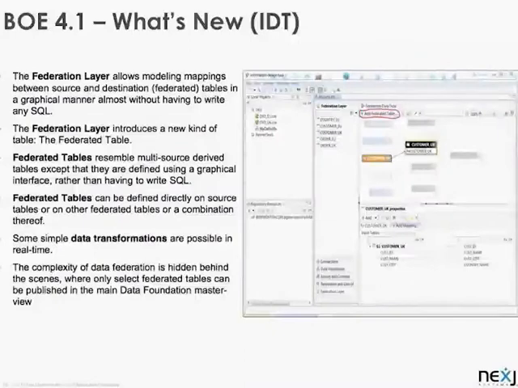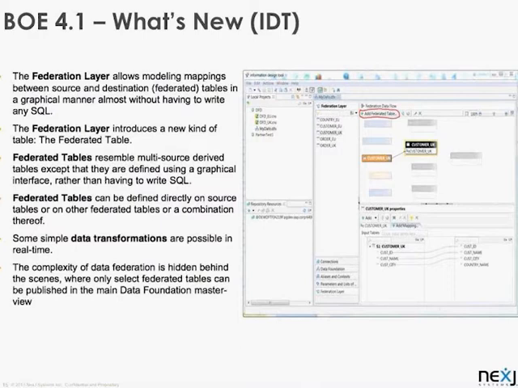Another new feature that is also making a lot of headway, especially on the 4.1 scene, is the multi-source universe capability. And with 4.1, we have a visual data federation capability. So basically, we're not developing ETL, but we are defining visually how the data is joined from different sources. Previously, you had to write complex SQL statements using derived tables in 4.0 to make that work. But with 4.1, we do have that visual data federation